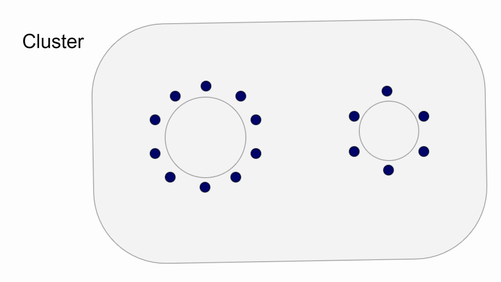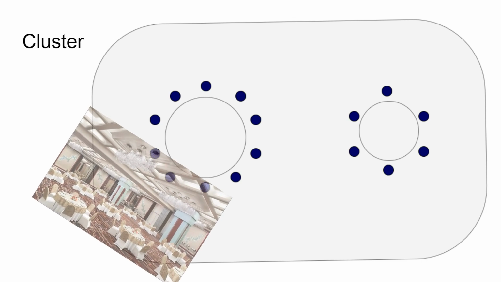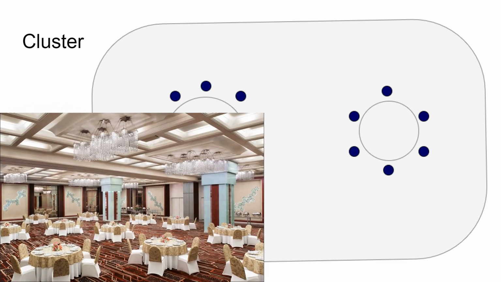Another style of seating arrangement is called cluster arrangement. The cluster arrangement is done with the help of round tables. The round tables can be of different sizes. If it is a small round table, it can seat 4 to 6 people. And in case of a large round table, 5 to 12 people can be seated at a round table. The advantage of a round table is that the guests who are seated on a particular table can face each other,